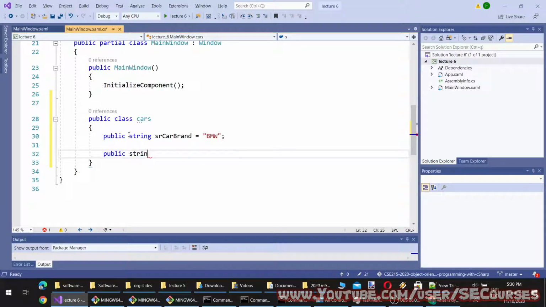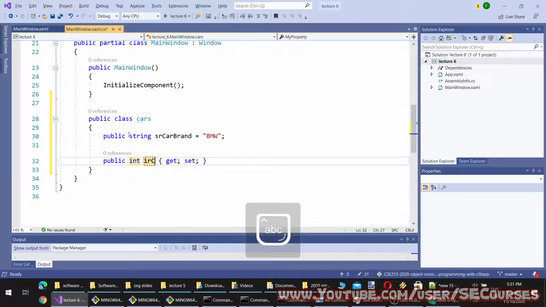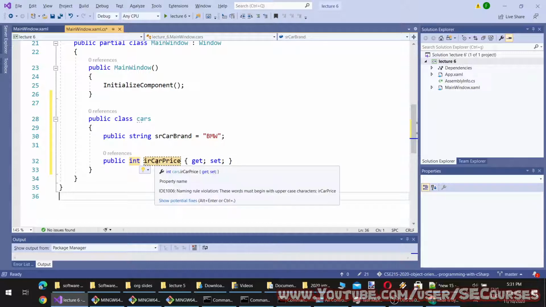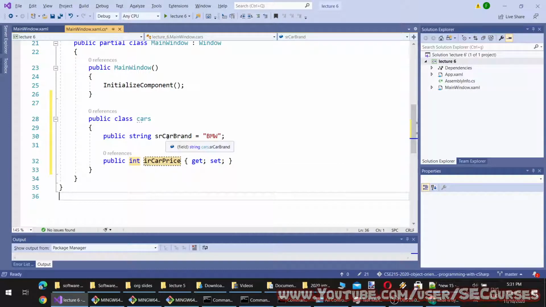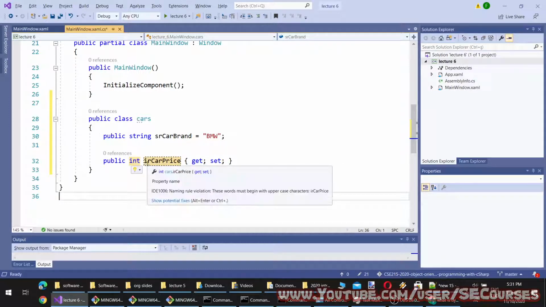And I can also use get and set like this, prop, tab, and let's say car price. So this is a property and this is a field. I think we had explained the difference.